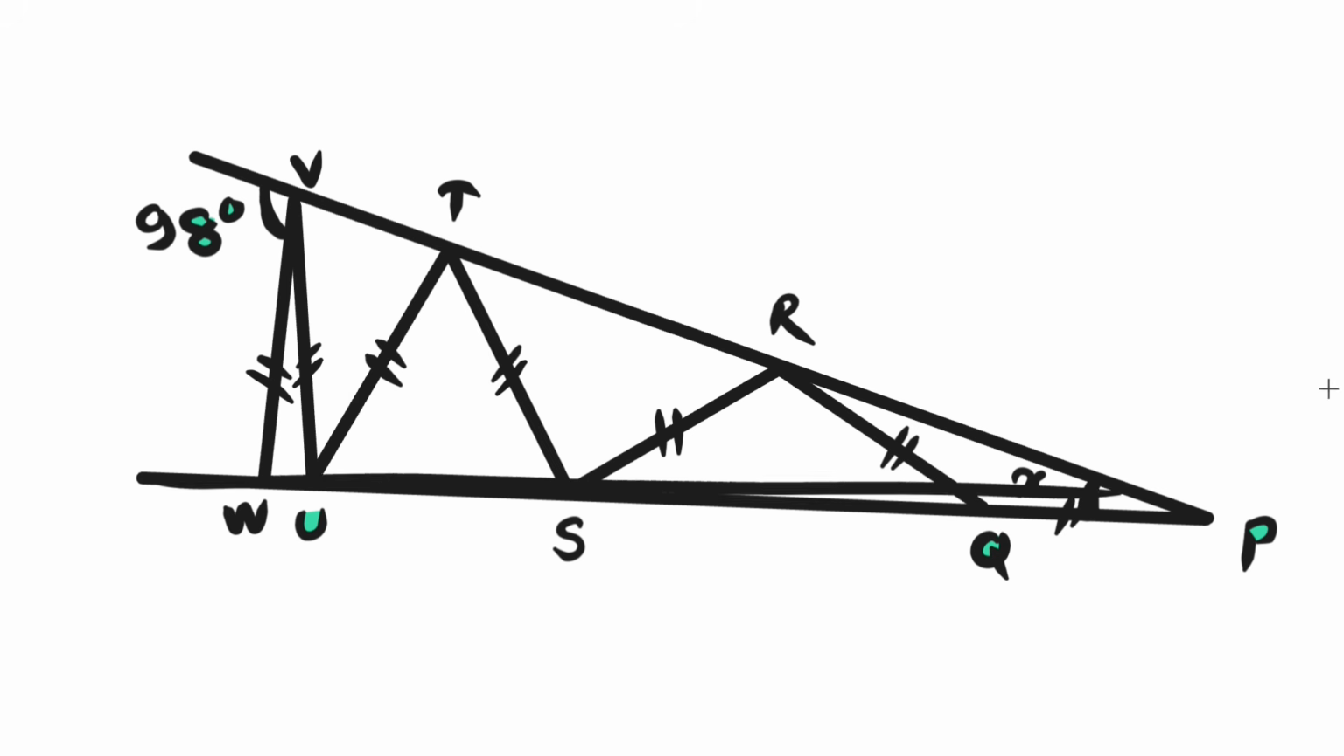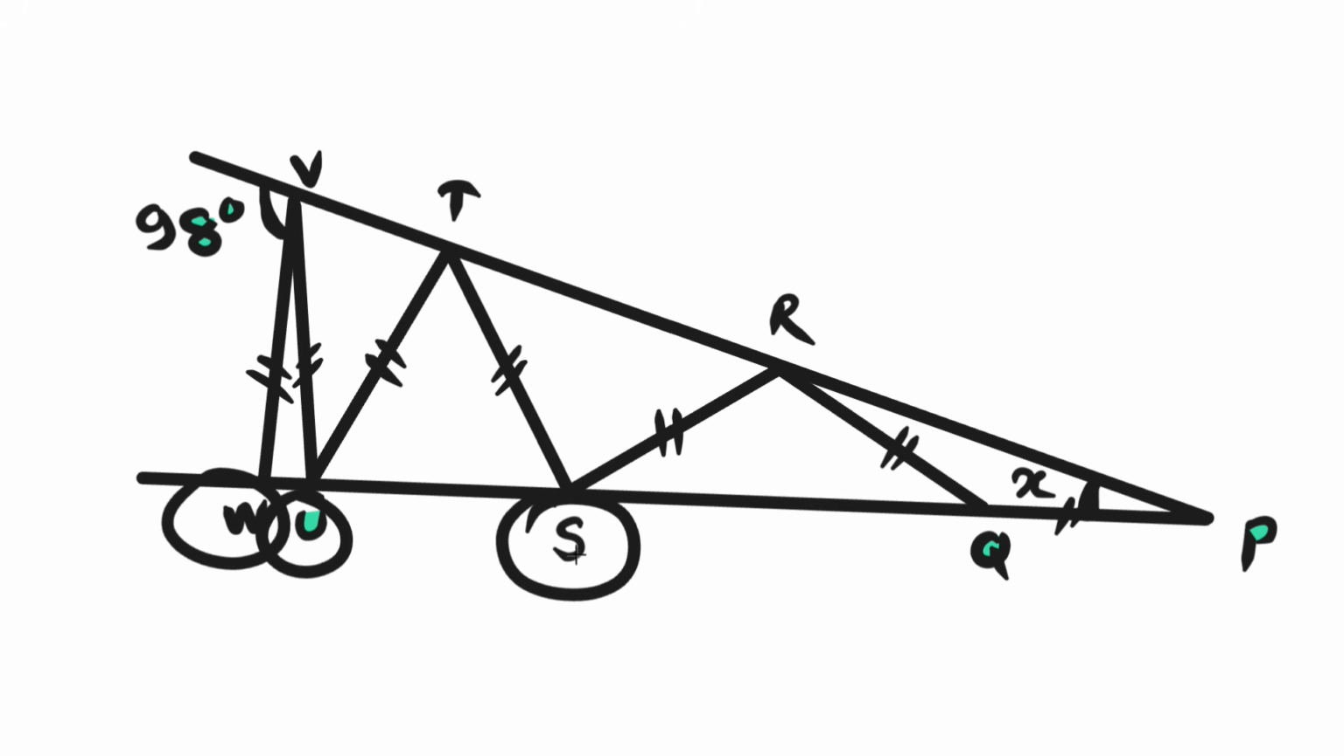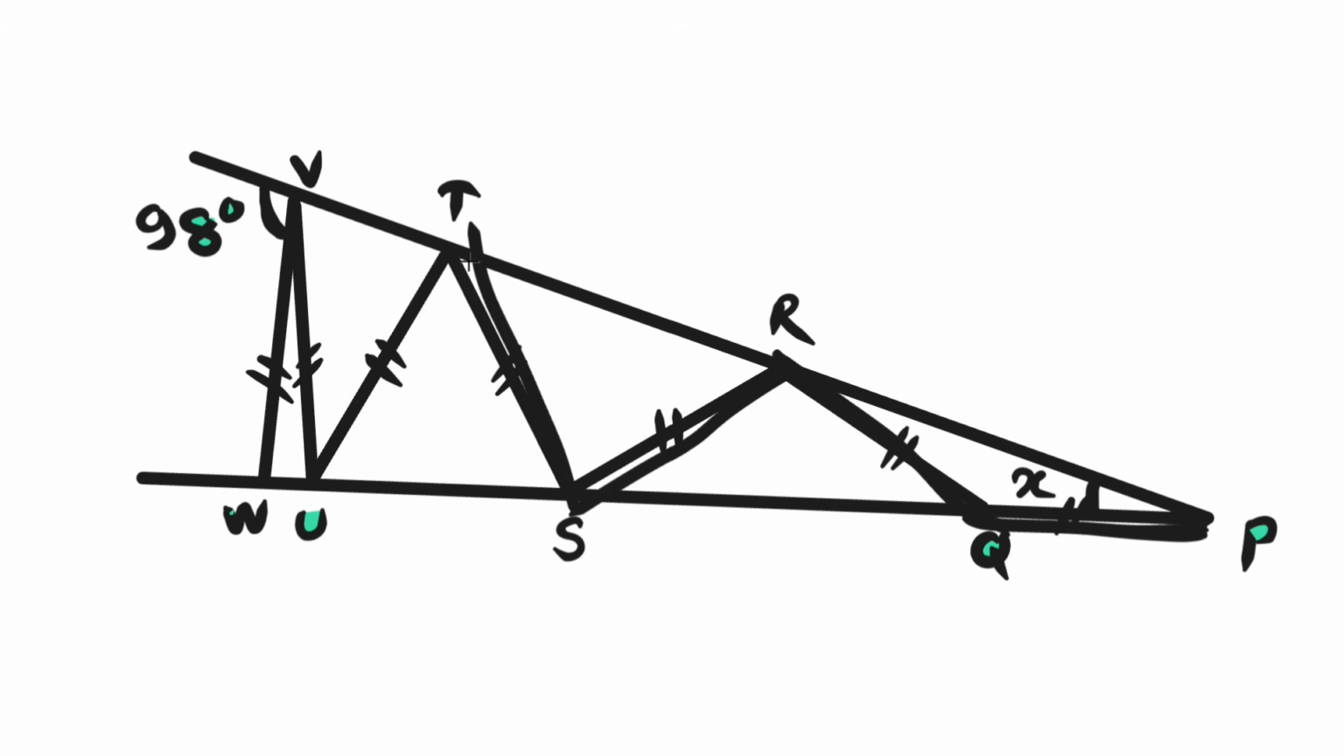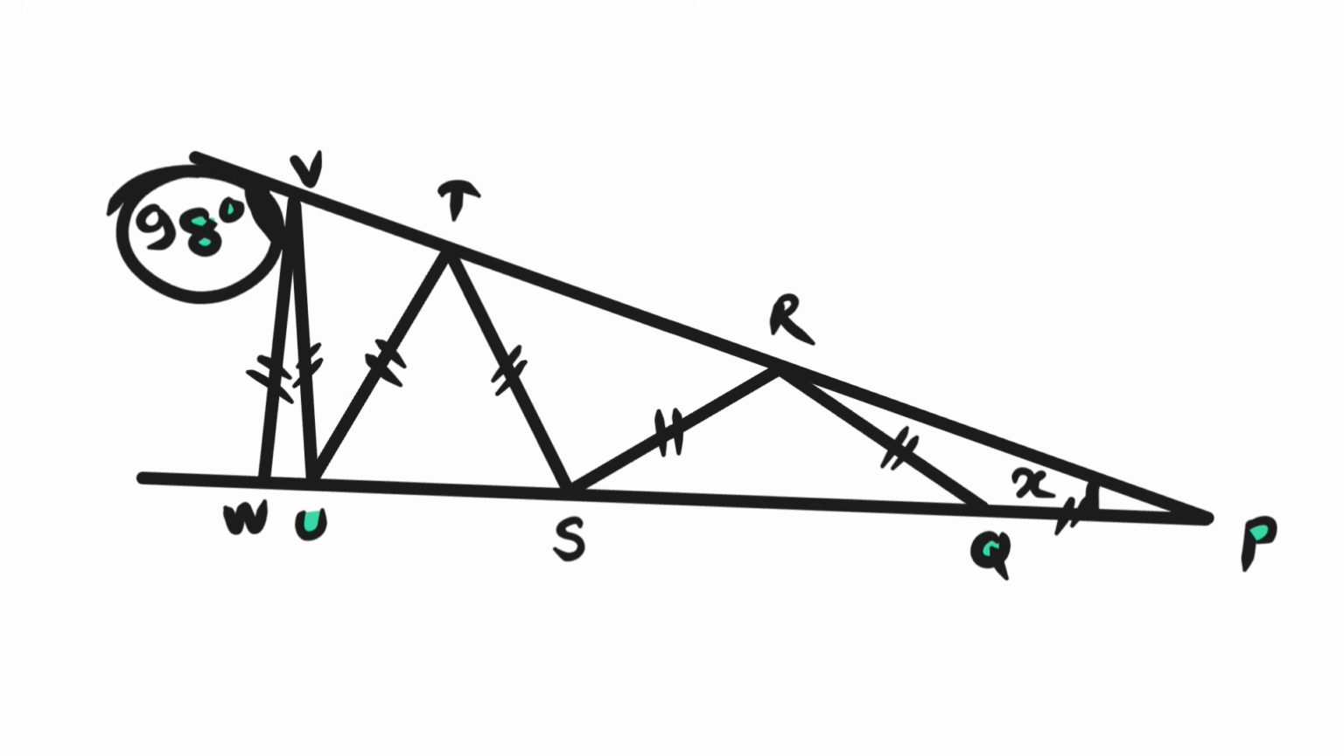Along the lower line, the points appear in the order W, U, S, Q, P, while along the upper line, the points are V, T, R, P. We are also told that there are 7 marked segments, namely PQ, QR, RS, ST, TU, UV, and VW, and all 7 of these segments have the same length, which is 6 units. Finally, the angle at V outside the large triangle is given as 98 degrees, and our job is to find